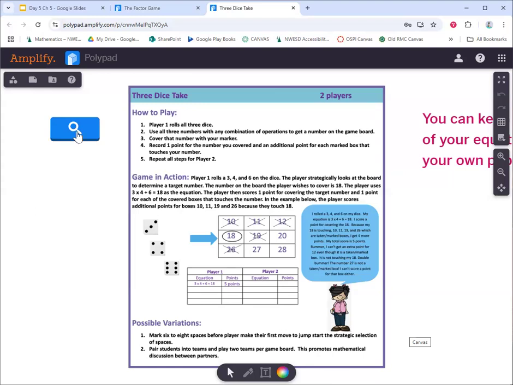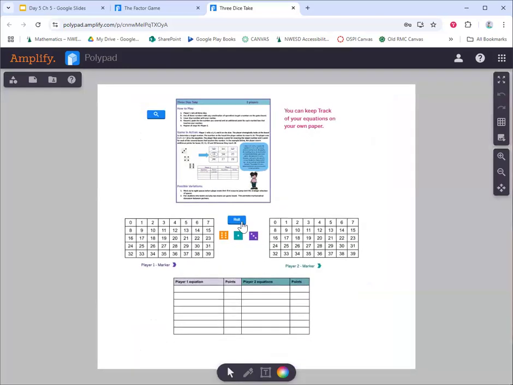The way this works is you'll see 3 dice. And I'm saying the rules while you could read them, but it's better to hear than read, right? So you roll the dice, and then those 3 numbers have to be operated on so that you can then claim a space. If we had a roll here, a 3 and a 6 and a 3,